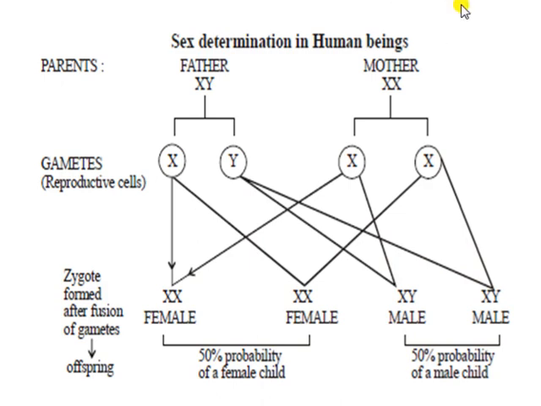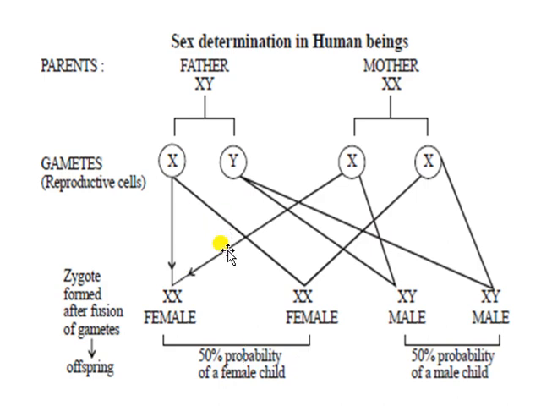So always in case of human reproduction, this specific probability is not followed, but if 4 offsprings are born, it is a general calculation by which we can say that 50% will be male offspring and 50% will be female offspring. Okay, but commonly what happens in reality is quite different from this result.